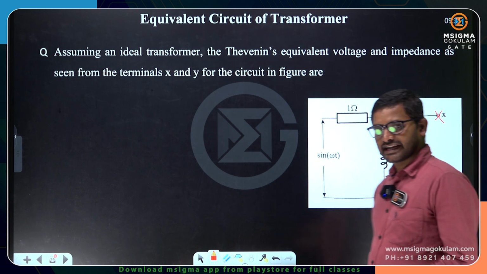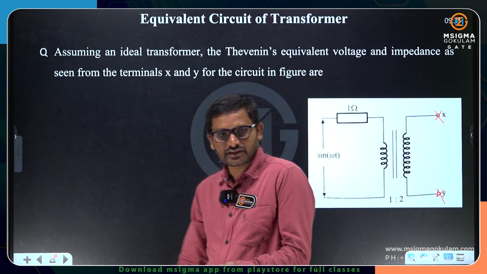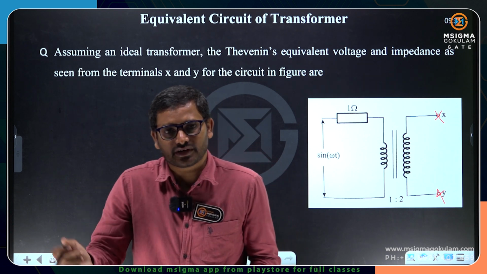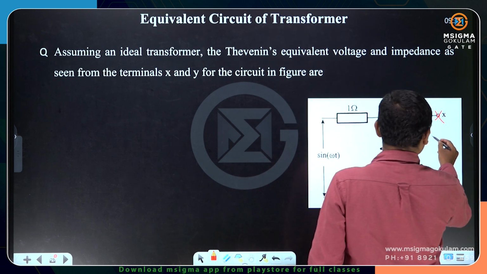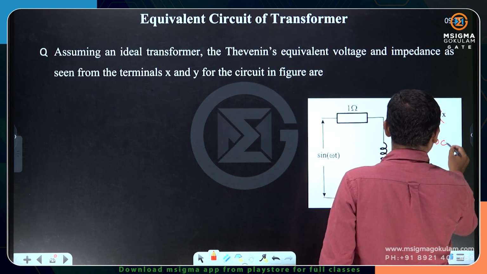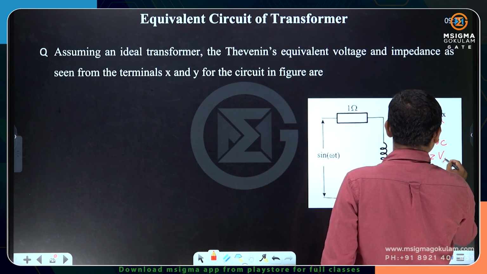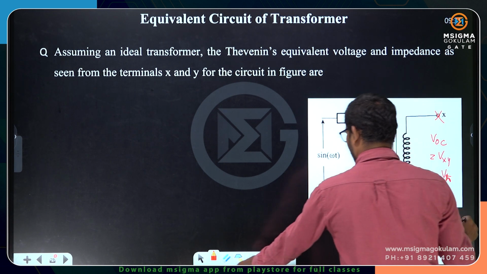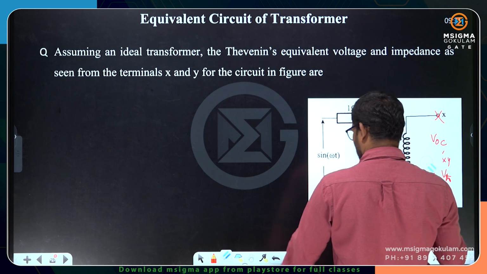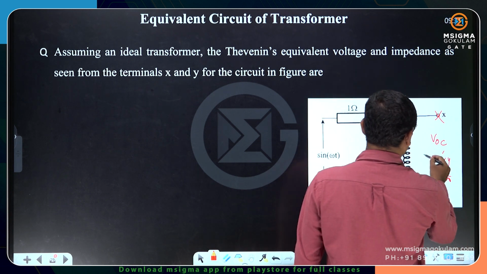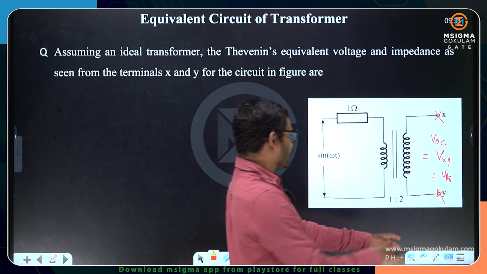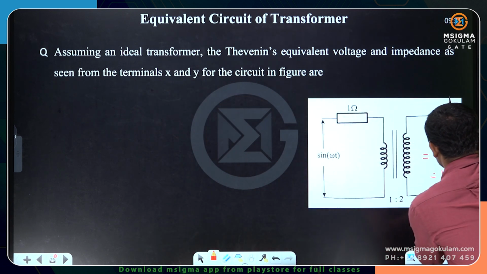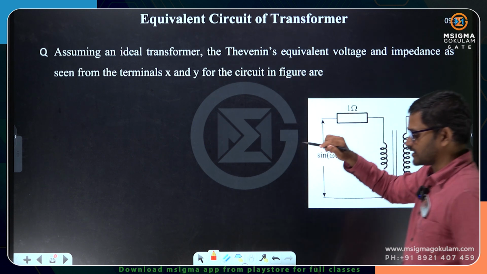So how do you calculate Thevenin's voltage? Thevenin's voltage is nothing but the open circuit voltage. Already the X and Y terminals are open circuit. So it is VOC, which is equal to VXY. This is also equal to Thevenin's voltage. So what is the voltage which is induced across the X and Y terminals? As it is an ideal transformer,